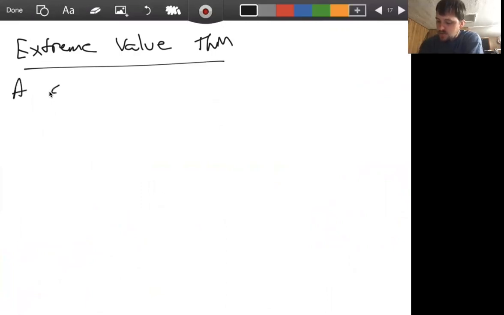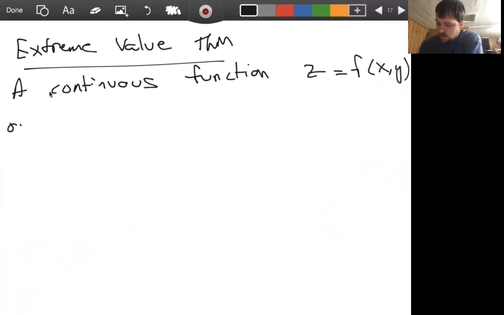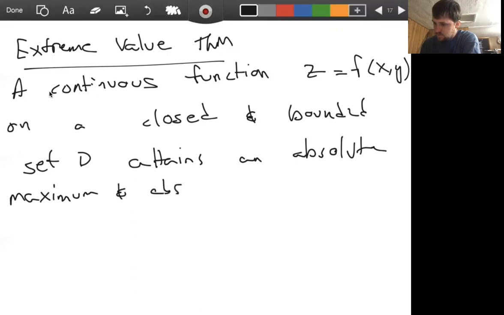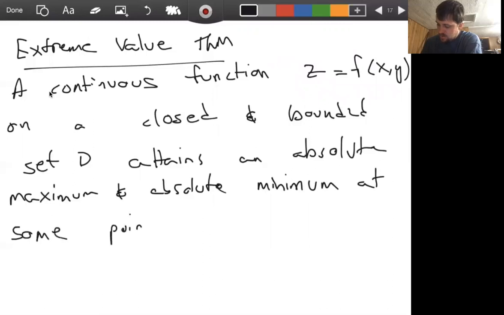So a continuous function, say z equals f of x y, on a closed and bounded set D attains an absolute maximum and absolute minimum at some points in D. So if our domain is closed and bounded, the extreme value theorem says that our function must attain